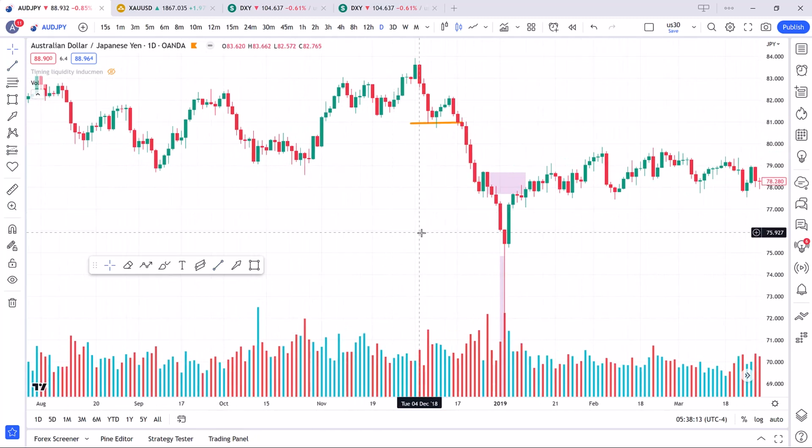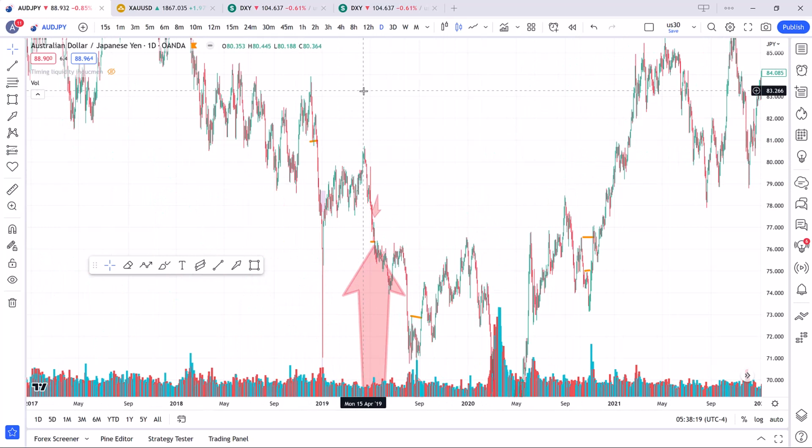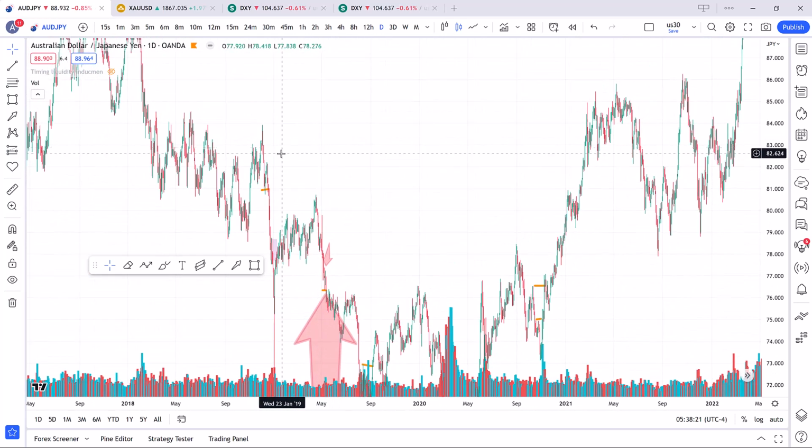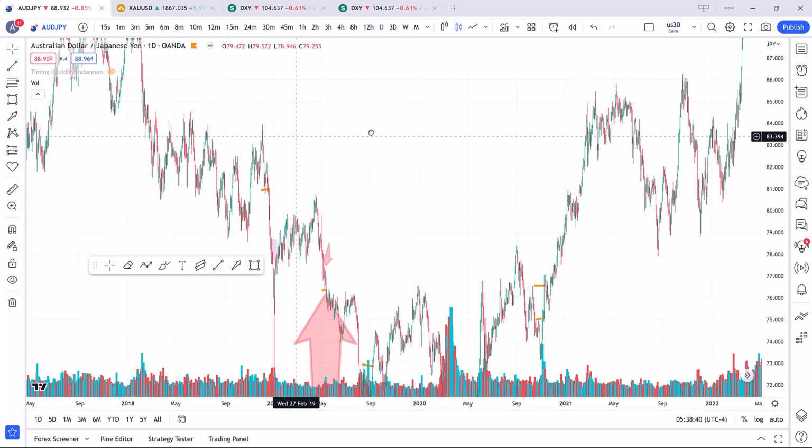Where we have high volumes, it is an order block. We don't want to talk about that right now. You can see it is not high volume, but it is a high volume here, this candle, and you can see the results. You can see how it started to go lower from this high volume. We are going to talk about those things.